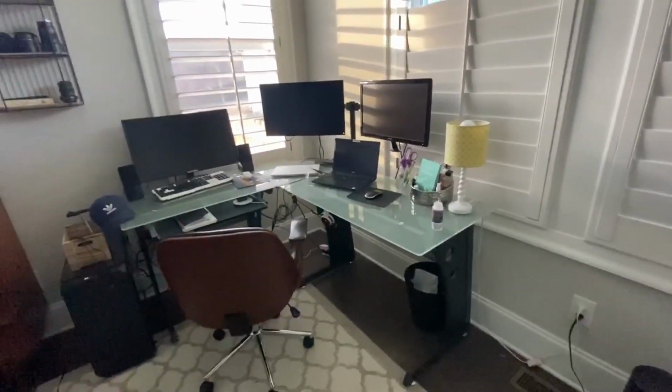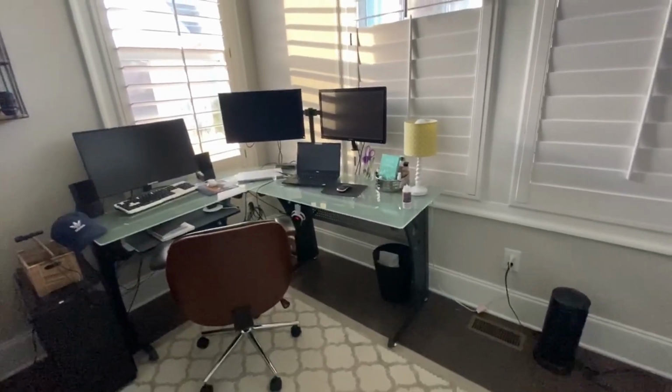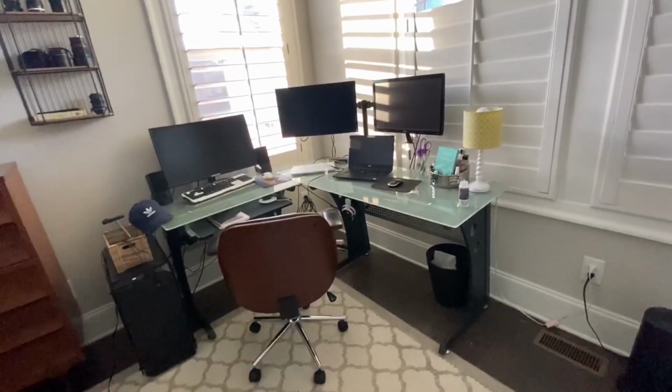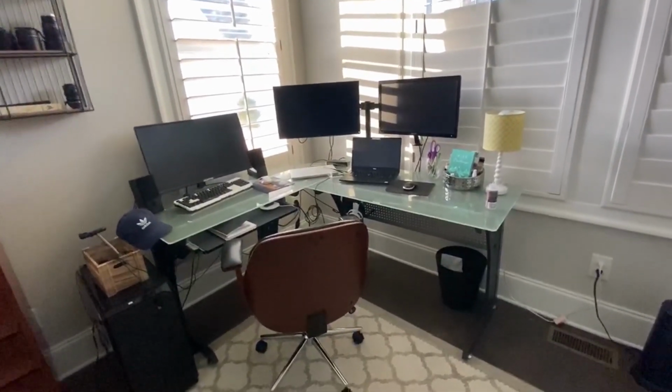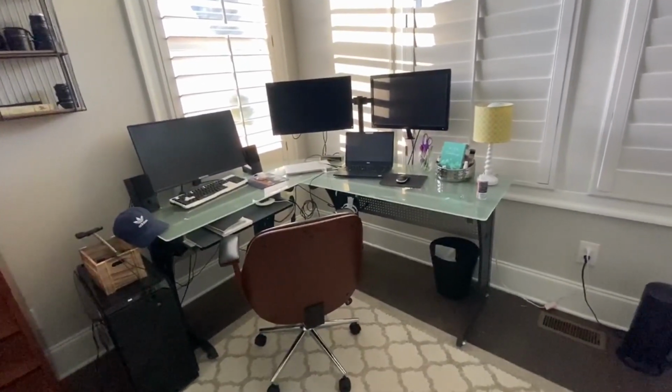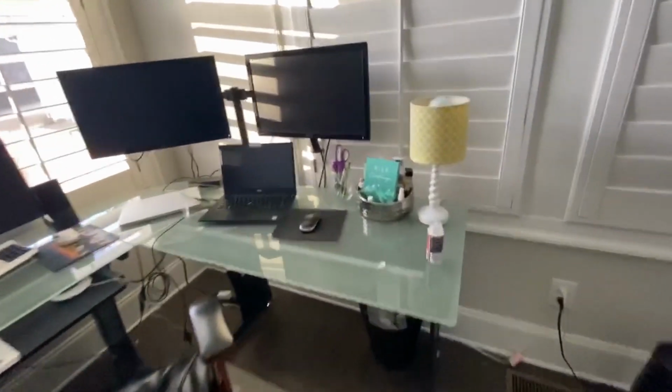Yeah, so since this desk just doesn't work for me anymore, I'm just going to wait until I get another desk. Hopefully whatever other desk I get is already gonna have some kind of cable management built into it and I won't have to worry so much. But yeah, I switched out